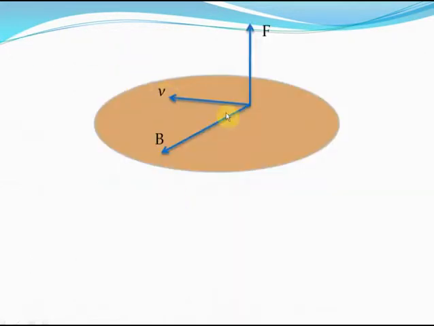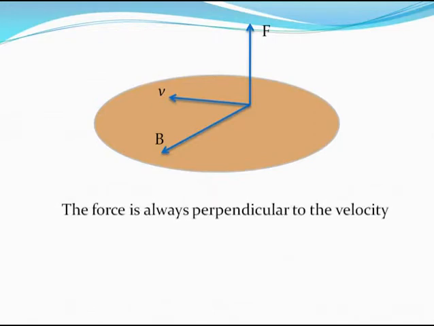Here we go. So again, as you can see, V is in this direction, B is in this direction. So if you curl your fingers from V to B, the thumb points upwards. That is, the magnetic force is upwards. You have to note some very important points related to the magnetic field that are especially useful in competitive examinations. The first point that you must note is that the magnetic force is always perpendicular to the velocity. That has to be so.